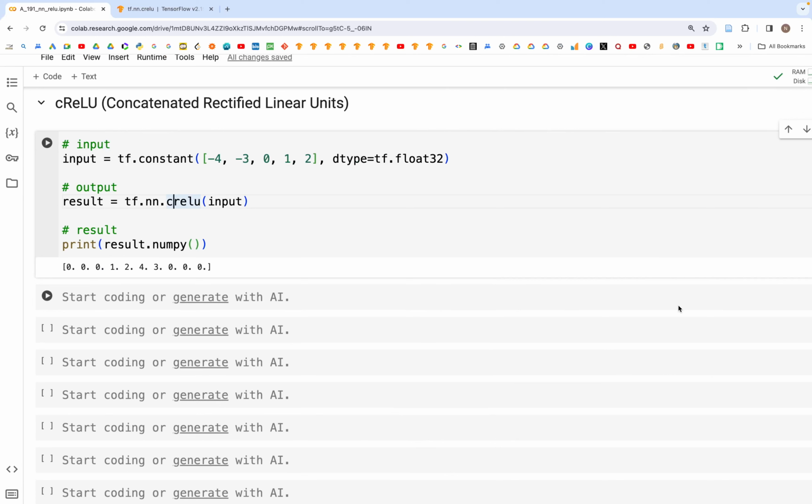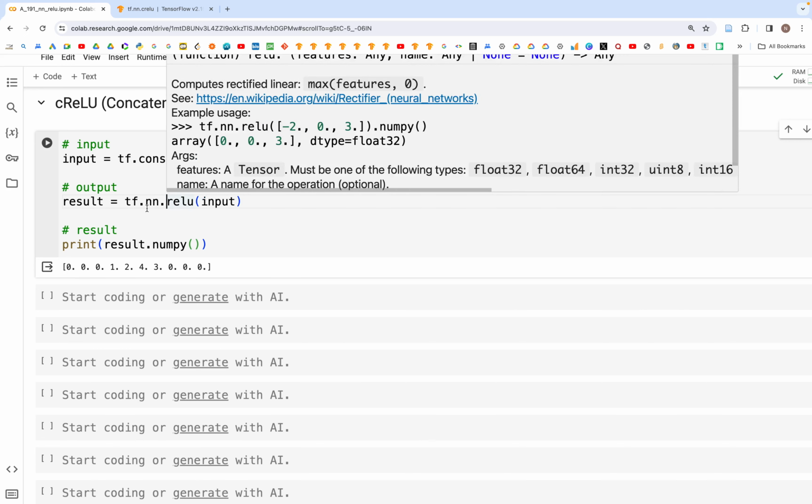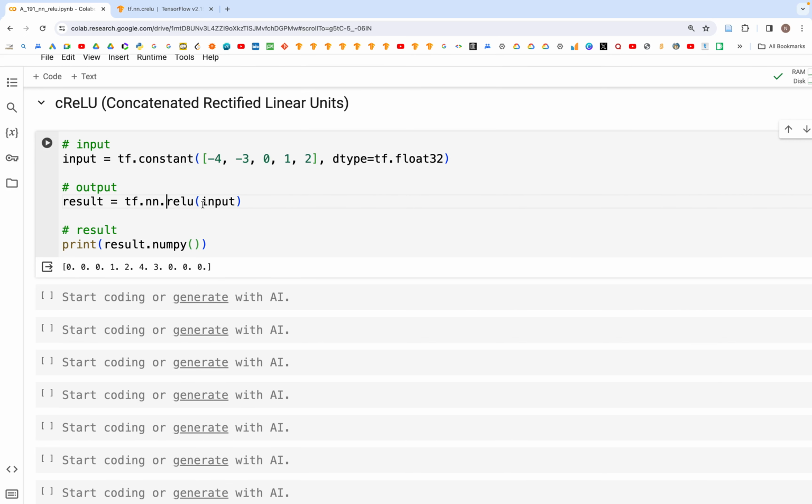Hello and welcome back. In this video, we'll look at concatenated ReLU. What we have here is, let's say we have this particular tensor, we have negative values, and then we have positive values. So if we were to use ReLU here by typing tf.nn.crelu, then in the output, what we